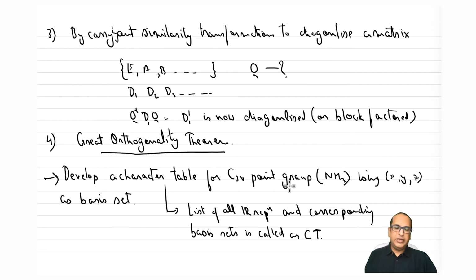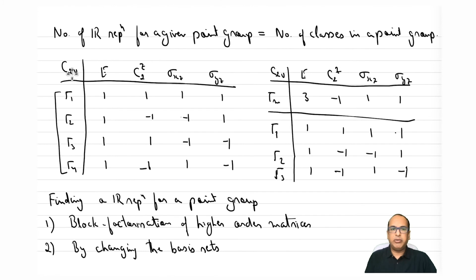Okay, so we'll see it has multiple uses, a lot of applications, and let's see how to write one for the C3v point group. We will only write the basic character table without worrying about what the basis sets are for now. And then later on, when we look at the great orthogonality theorem, we will see how to write the complete character table. Let us start with writing an incomplete character table. We have already written one character table for the C2v point group, and this was fairly easy because it was done simply by using the unit vector and linear rotation vectors.